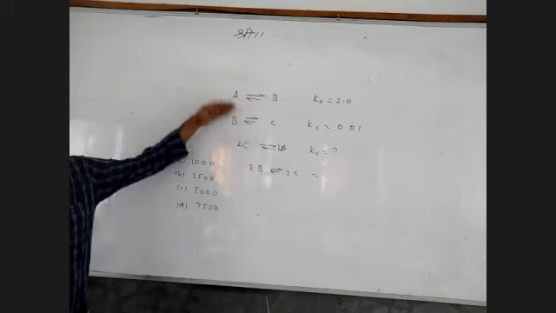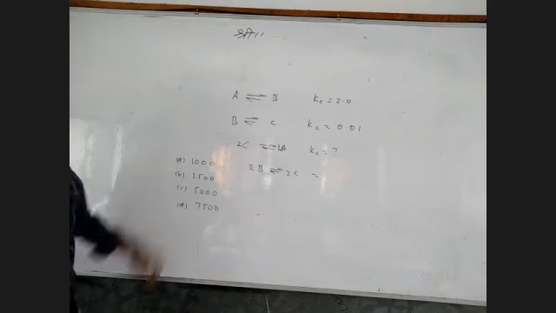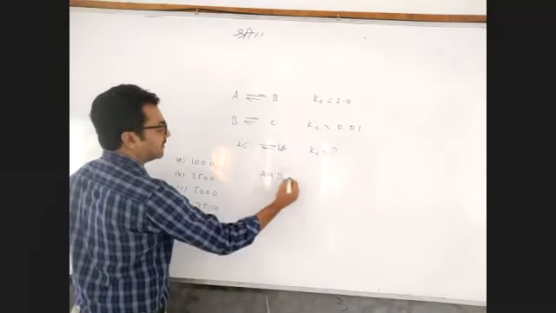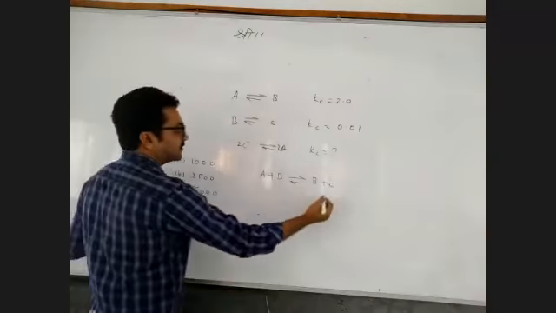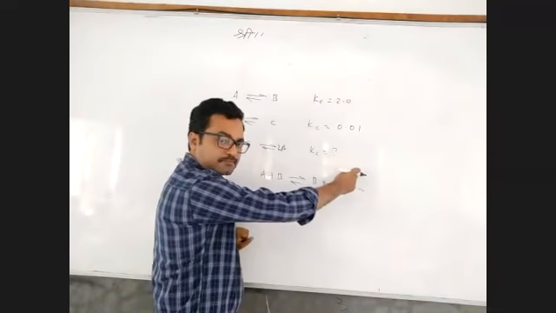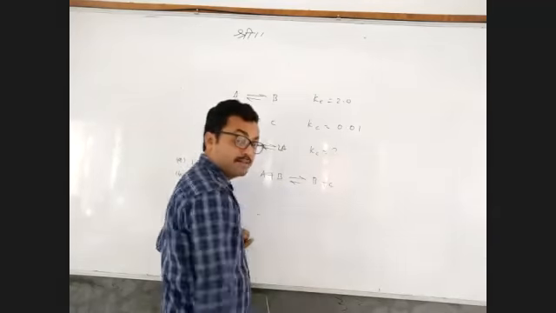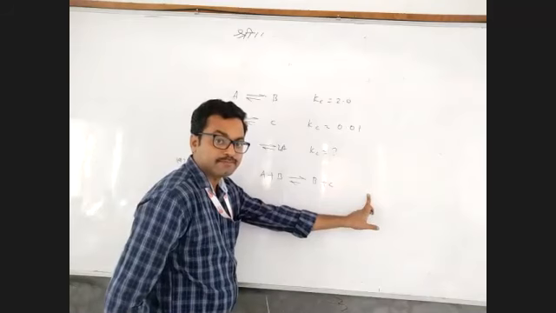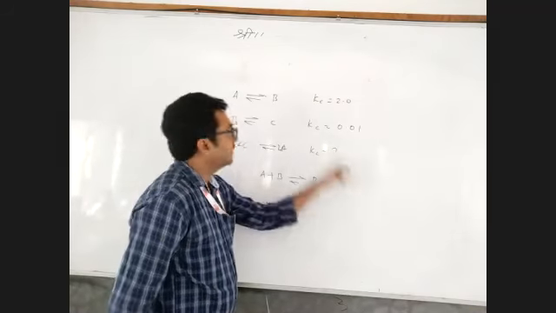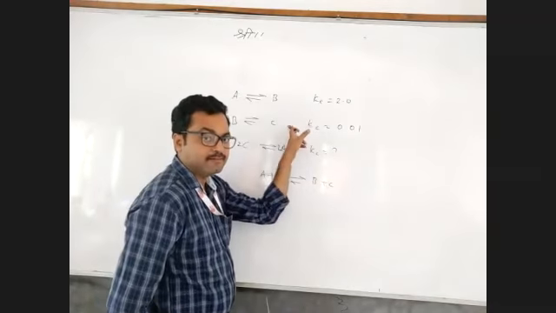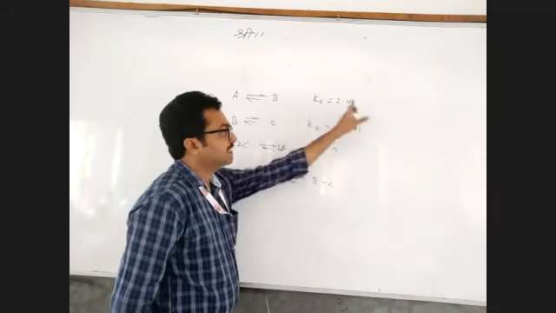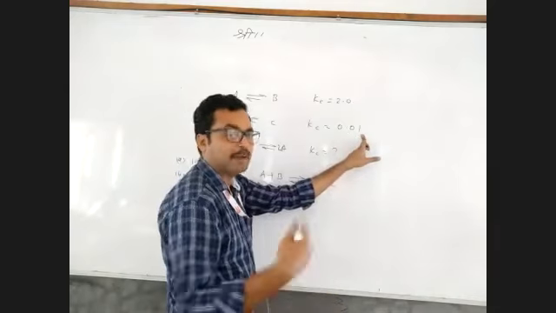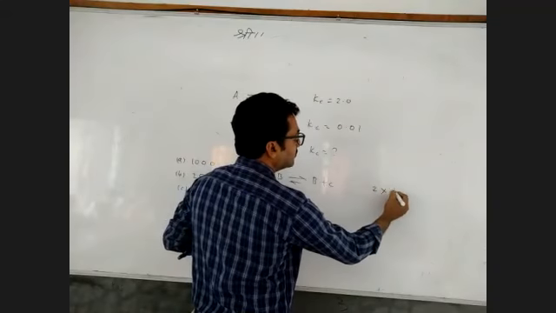Or I can just add them. Both, shall I add? So what happens? A plus B gives rise to B plus C. At least this equilibrium you tell me. They are not raising it at the head only. Just tell, what happens? A plus B gives rise to B plus C. What is the equilibrium for this? I just added, right? Then this will be multiplied. If you add two equations, the equilibrium constant will be multiplied.